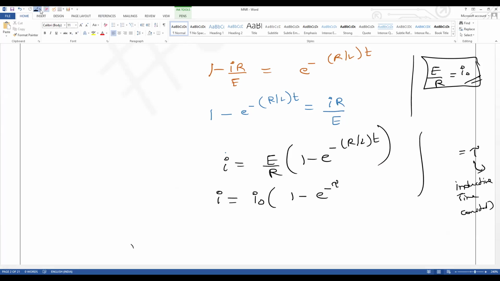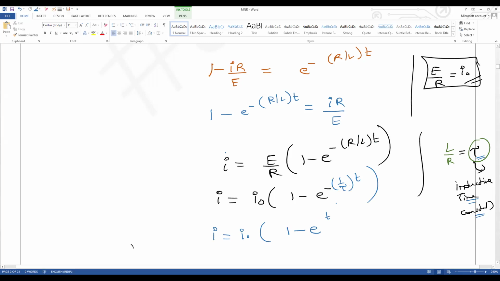So now we have R by L. So it will become what, everybody? All of you note that. L by R is called the inductive time constant. But here we have R by L. So it will turn into what? Tau or 1 by tau? L by R is equal to tau, inductive time constant. But we have here R by L, so it will become what? Tau or 1 by tau? 1 by tau. Understand? So I is equal to I naught into 1 minus